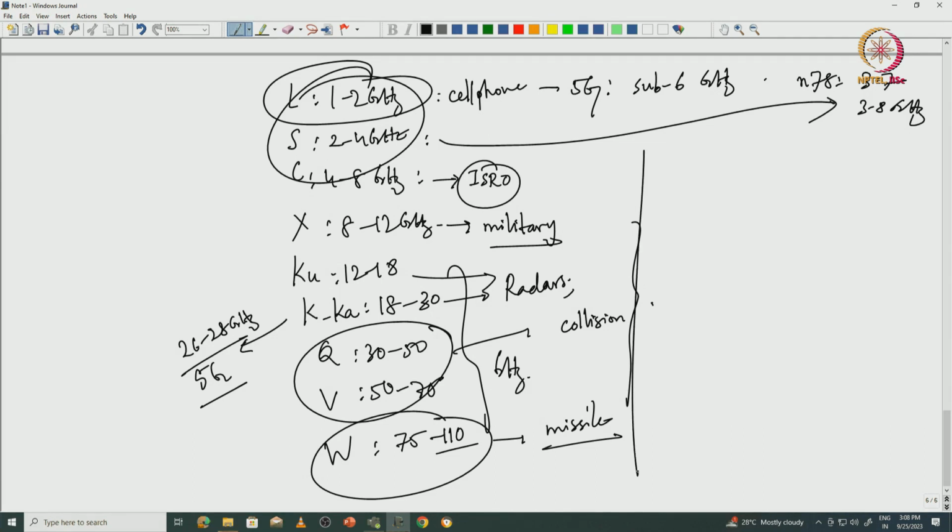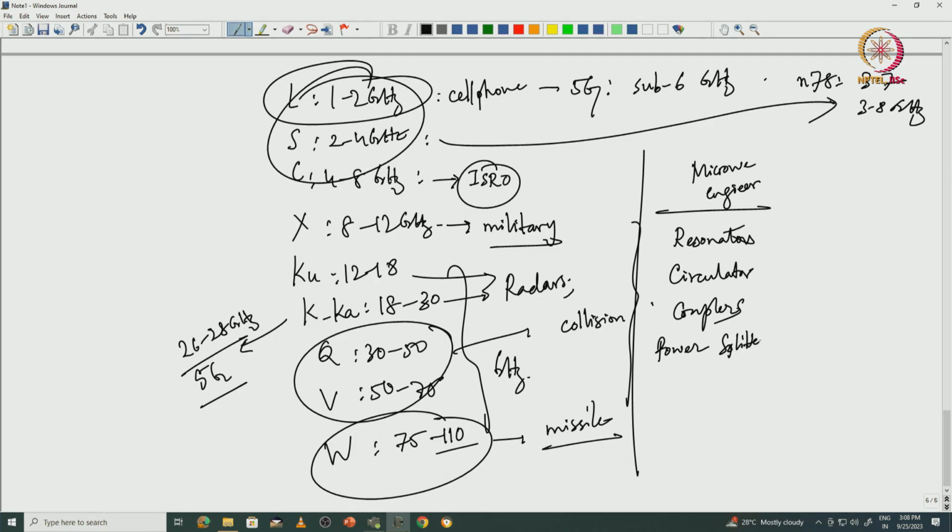Now whenever there is microwave, there is microwave engineering, which talks about different components of microwave systems, for instance resonators, circulators, couplers, power dividers or power splitters. Of course, transmission lines are very important, not everything is built on them, but they matter. Then you have different kinds of waveguides, and different kinds of microwave components, filters for instance, and of course amplifiers,